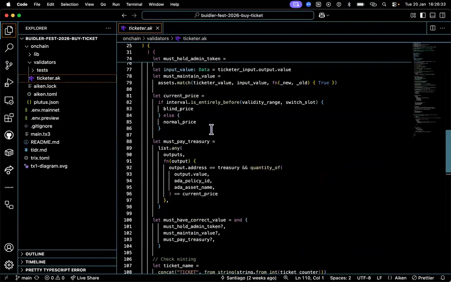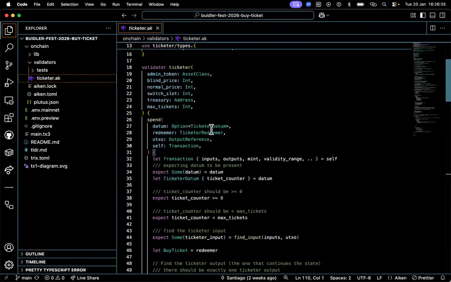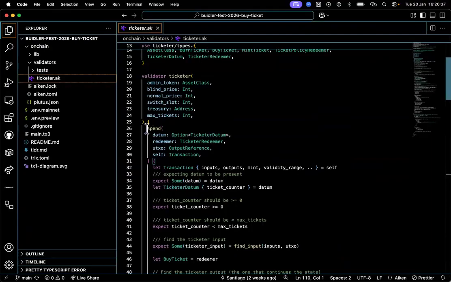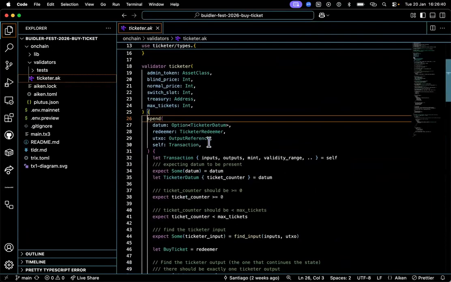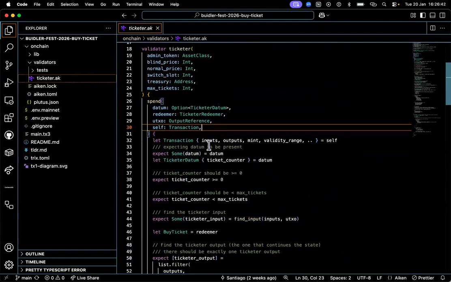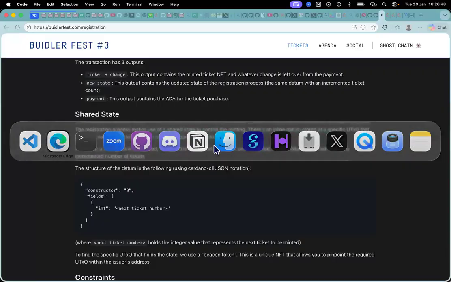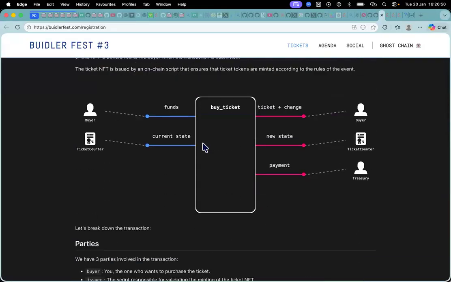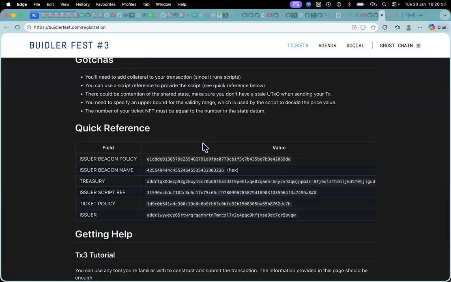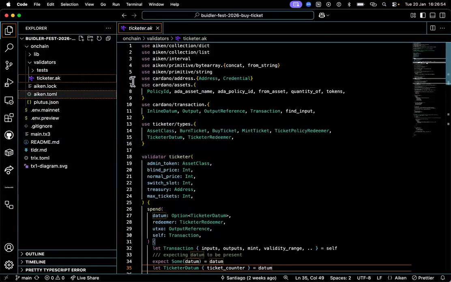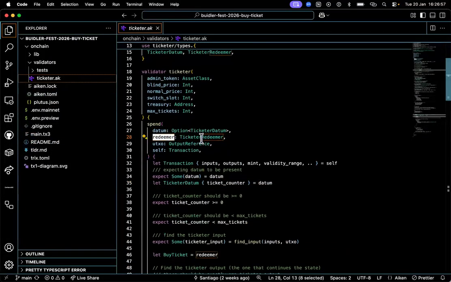Should we not build the transaction to query the datum, just to make sure we're definitely getting the correct ticket number? We are not there yet. But about this redeemer, there are two redeemers, and this is the one we want.